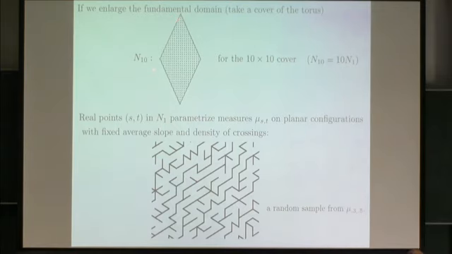And all that happens is the Newton polygon, which I drew on the previous slide, gets scaled up by a factor of, well, in this case 10 if I'm dealing with a 10 by 10 cover of that torus, right? And if I take larger and larger covers, all that happens is my Newton polygon gets filled in with many, many integer points. Each of these integer points corresponds essentially to a different homology class of a cycle-rooted spanning forest on that torus. And so, in the limit as n gets large, for each of these